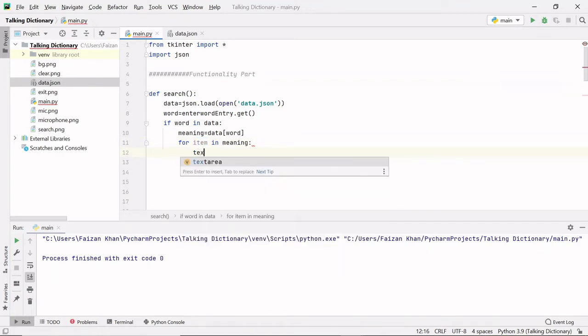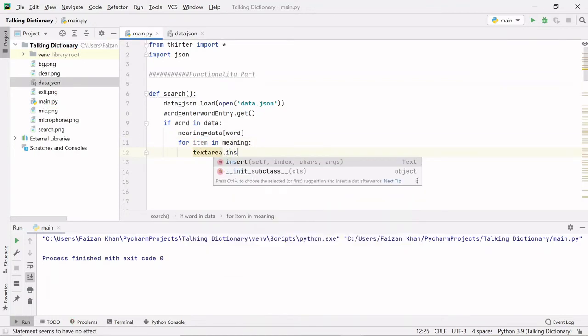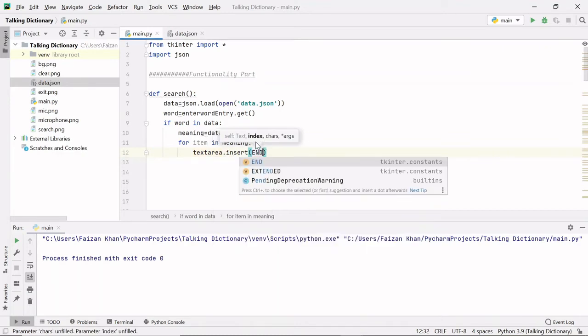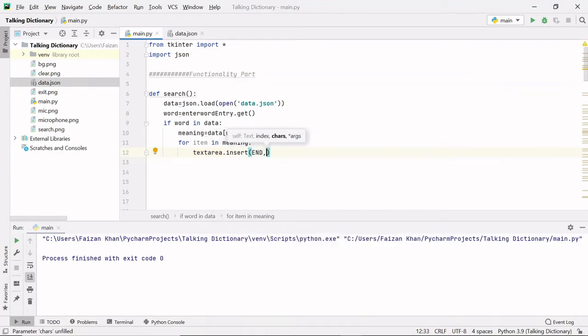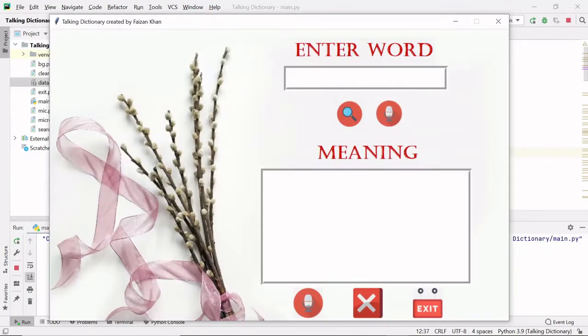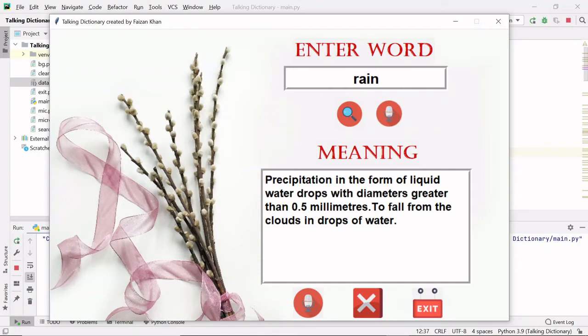So let's insert that, text area dot insert, and at the end, instead of the complete meaning variable, because this is storing a list, we can access the values of that list with the help of this for loop. And I'm simply going to insert the item. The item variable is simply storing the value. If I run this again, here if I type rain and I click on the search button, you can see that we are getting a meaning here.